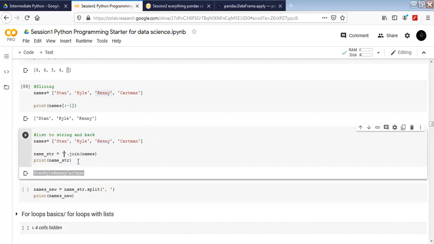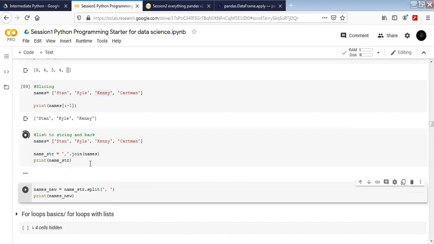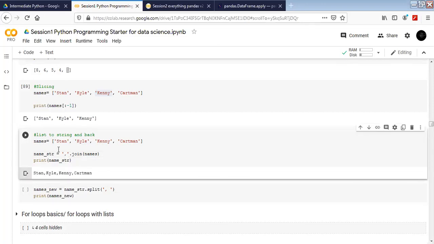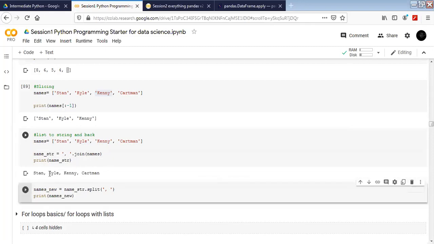But here, using an empty string, I put a comma there, and if I execute it now, there's going to be a comma after each and every element being joined. Now I can put a space here also, and I will see the comma and space after it.